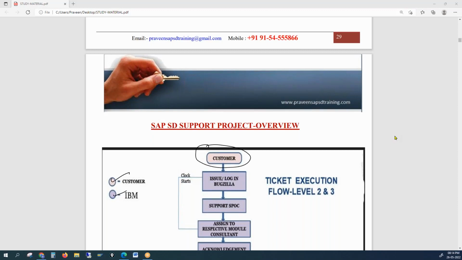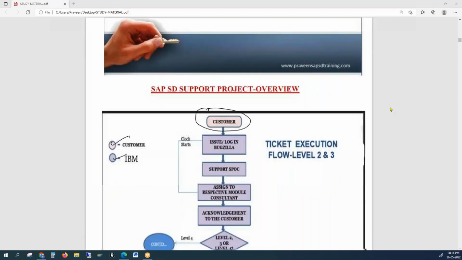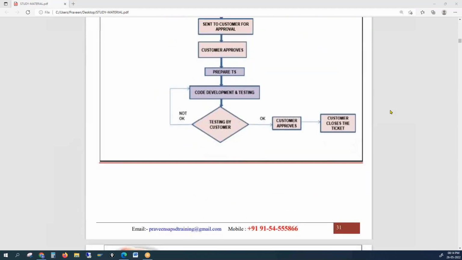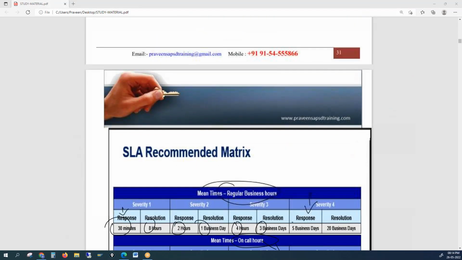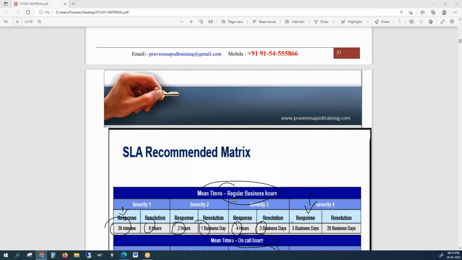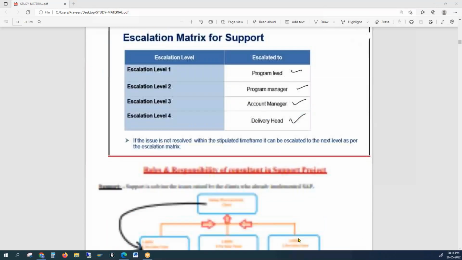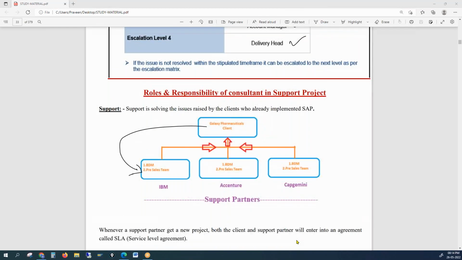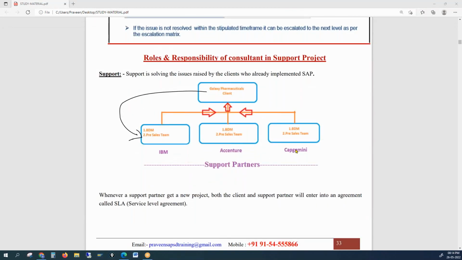Right. The next, okay, let's see. This also happens the same way as an implementation project. This also happens the same way as a support project. So you could see here now these companies are called support partners, and IBM, Accenture, Capgemini, the same